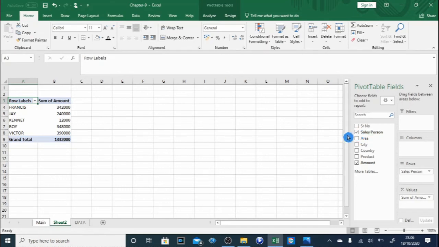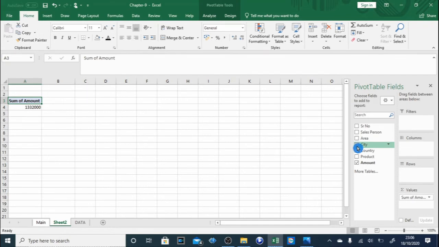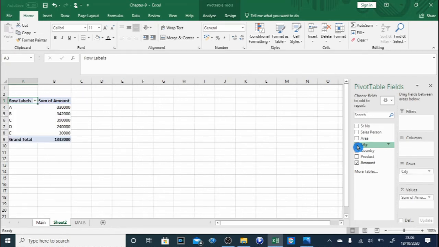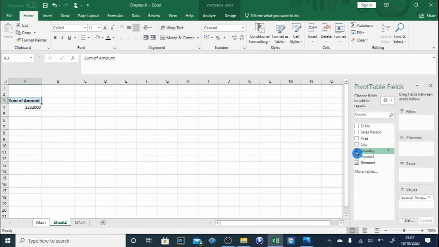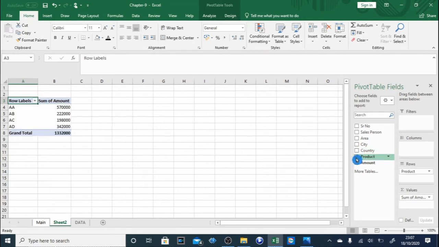Now you can always select this table. Say I want area wise sales. Just click area and you will find area wise sales, zone number 1, 2, 3 and 4. What is the sales for that particular month? Similarly you can do for city, and you can go for the country, you can go for the product, and it's done. So this is how you can get the data in this table and analyze it based on the